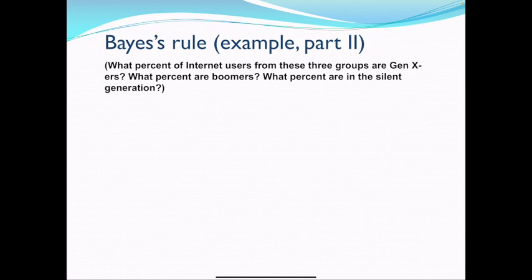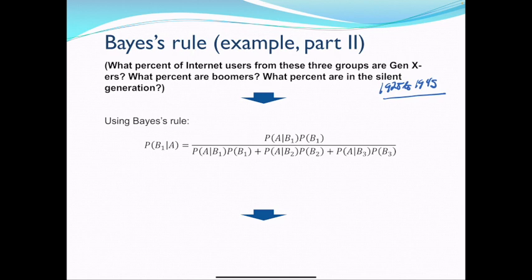And just so you know, the silent generation was born from 1928 to 1945. I had to Google that quick because we needed to know. Okay, so let's use Bayes' rule. I need the probability of B1 given A. So this is for Gen X. So the probability, given that you use the internet, that you are a Gen Xer. So I have to take the probability